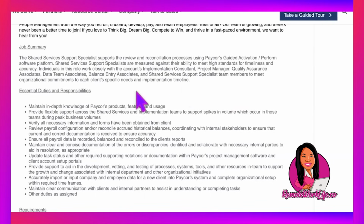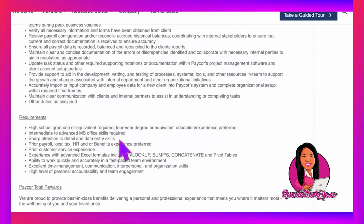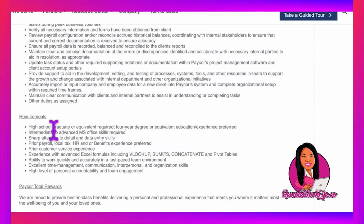And so to qualify for this role, you'll need to be a high school graduate or equivalent required, and then it says 4-year degree or equivalent education experience preferred. So you'll definitely need your high school diploma, and then if you don't have a 4-year degree, experience can make up for that. Intermediate to advanced Microsoft Office skills required, sharp attention to detail and data entry skills,